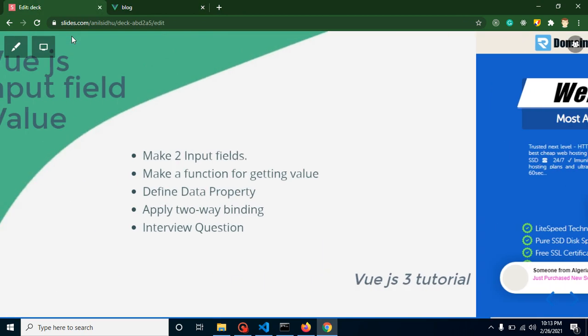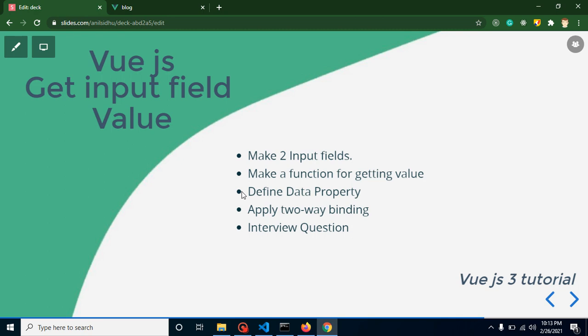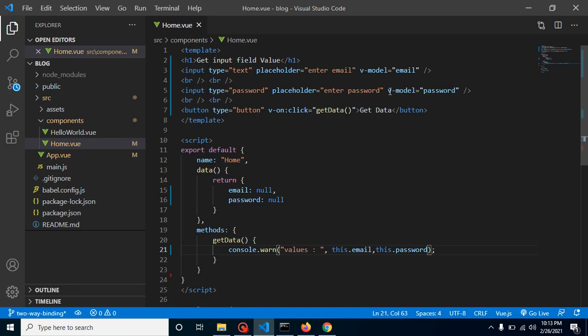So the interview question is here. Can we use model binding with checkboxes and radio buttons also? Yes, we can. Then you can have another question, because if we bind our model with checkboxes, we might have multiple checkboxes, like for hobbies we can have traveling, reading, listening to music, playing volleyball and so on. How can we grab all these values in a single property with the help of the model?